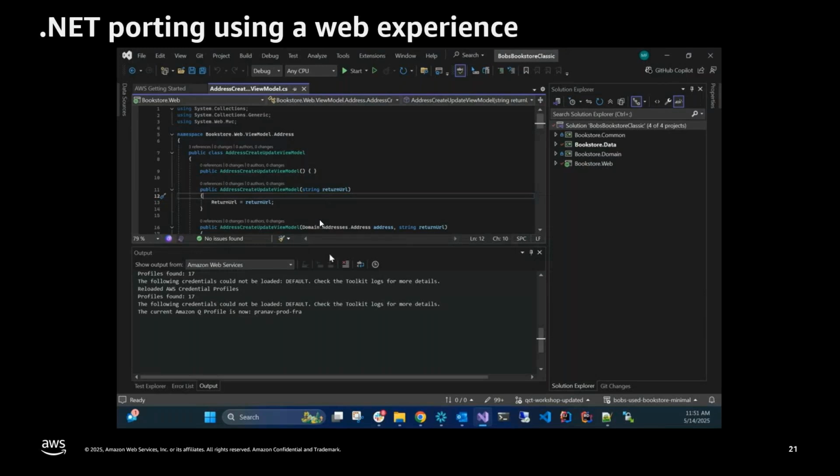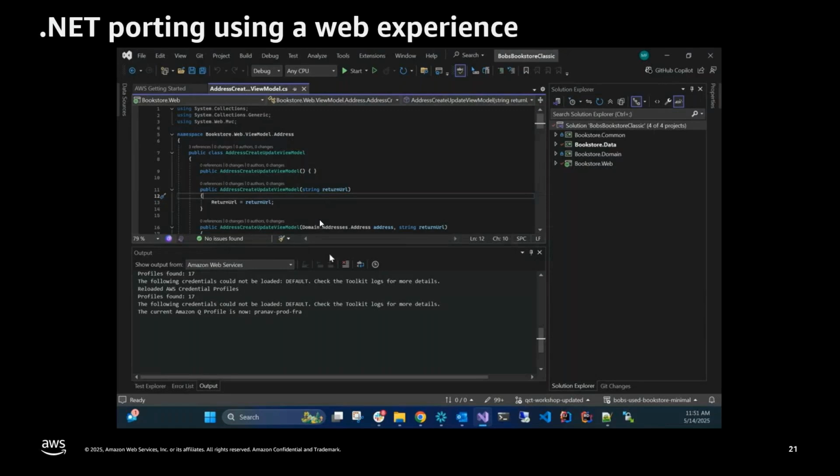All of this is happening in a separate branch from the source branch, so that as a developer you can go in and compare the changes that have been made. As a developer in the loop, you have full liberty to either accept or not accept those changes. You can clone the code and modify those changes and then accept if it makes sense.